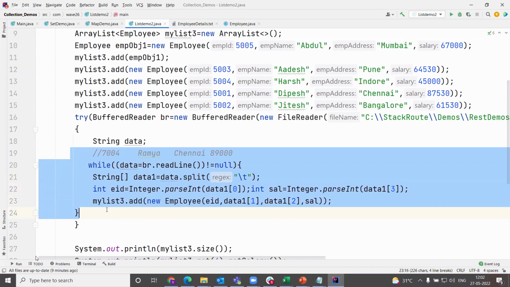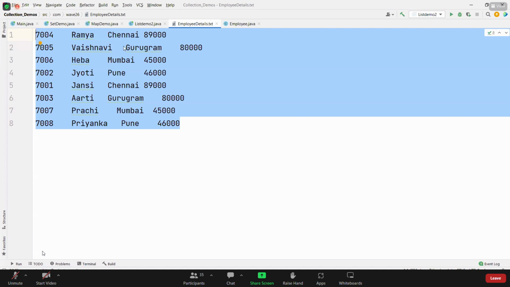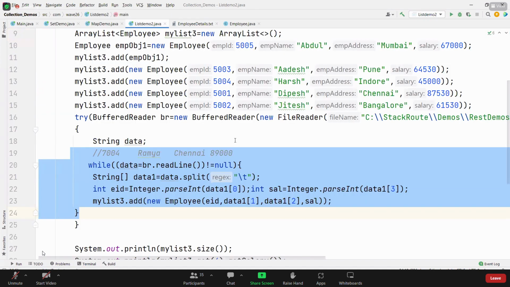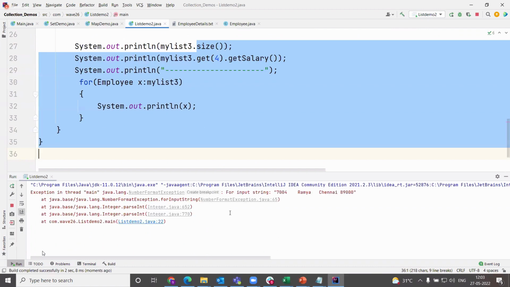This loop will be executed 8 times. Why 8 times? Because I have 8 records. So the readLine method will be executed 8 times. That's all. If I want to read the data from the file, I need to use FileReader and reference it to your BufferedReader. BufferedReader will read line by line and store it in a string. According to the requirement, you need to split the record, parse it, and convert it into an object type, and I'm storing it in list 3. So now if I try to find the size of list 3,